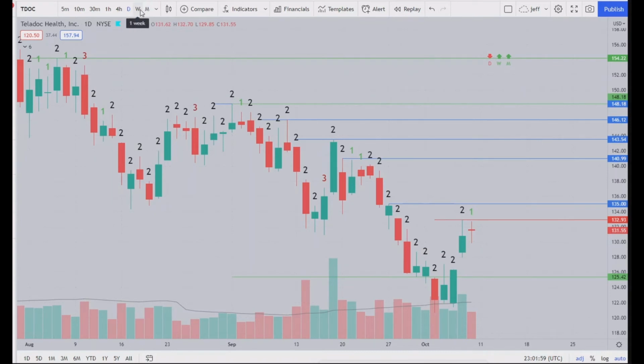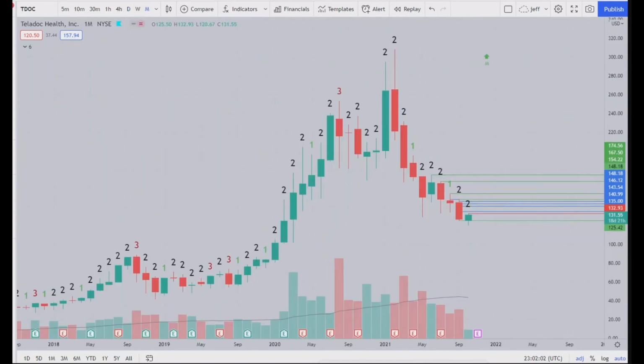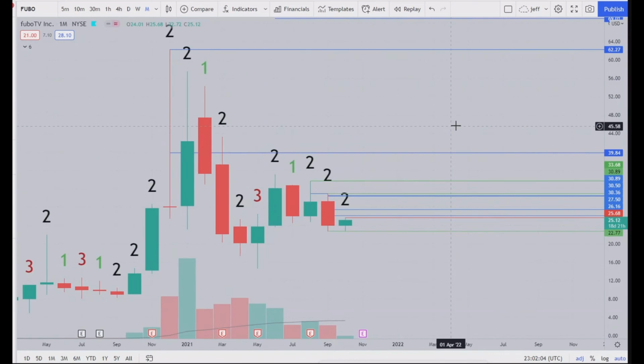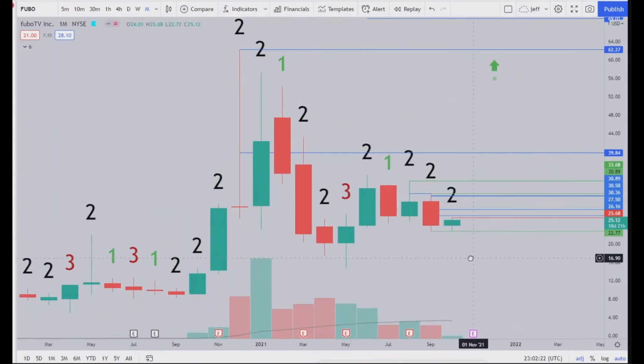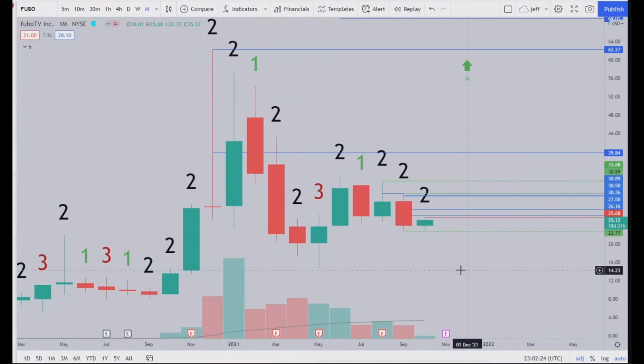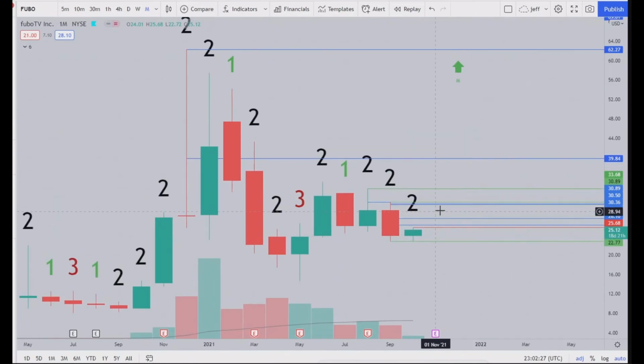The next one is kind of a cult ticker. We have Fubo. So this one, I don't like it as much as the previous. I would have liked to see, like, if this got taken out, that would have been great to take out these stops and then reverse, but it doesn't look like it's going to make it all the way down there. So it has 2 months right here that are down. We have 31 and